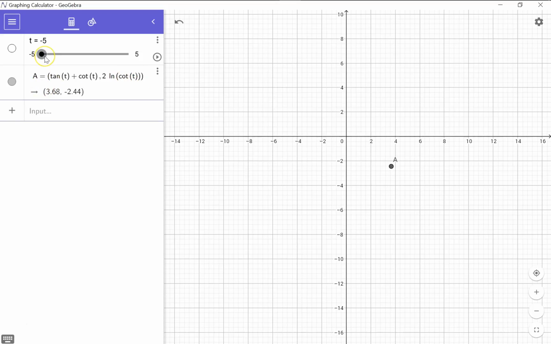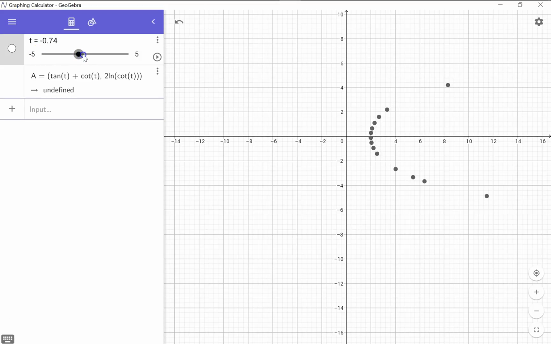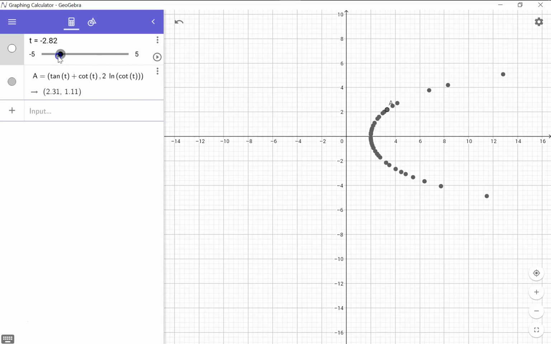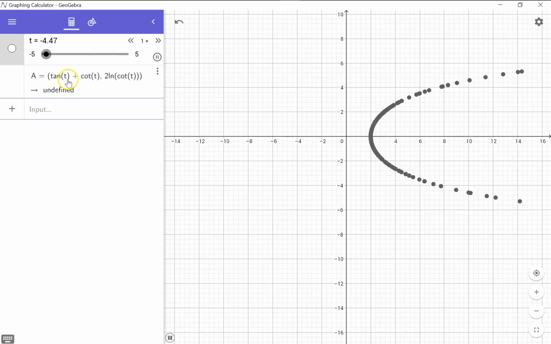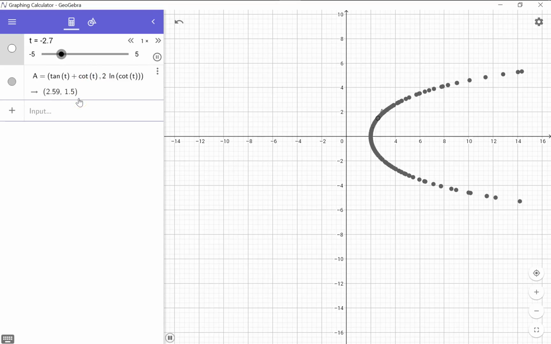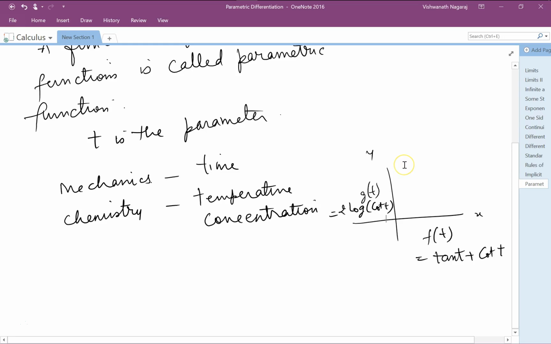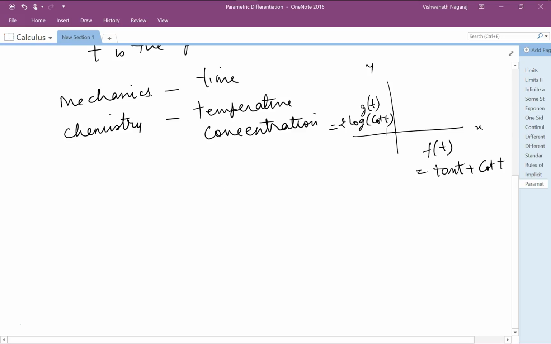Now, as I move it, see, this is the curve of this parametric function. Of course, some of the points are undefined. Okay, so now that you have an idea of what is meant by a parametric function,